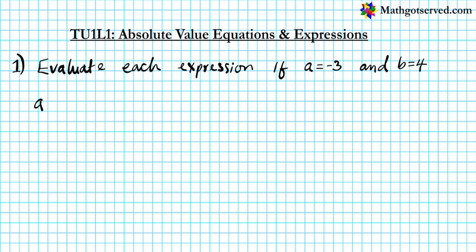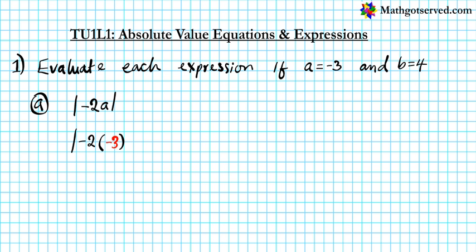All right, the first expression we're going to evaluate is the absolute value of -2a. To evaluate this expression, we're going to substitute the value of a into this expression and then use the definition of absolute value to evaluate the resulting expression. So we're going to have the absolute value of -2, and now I'm going to take out the a and substitute -3 for a in the